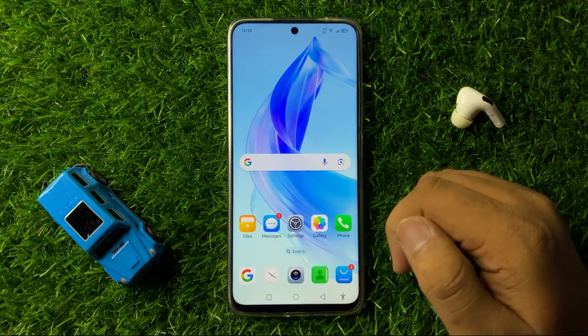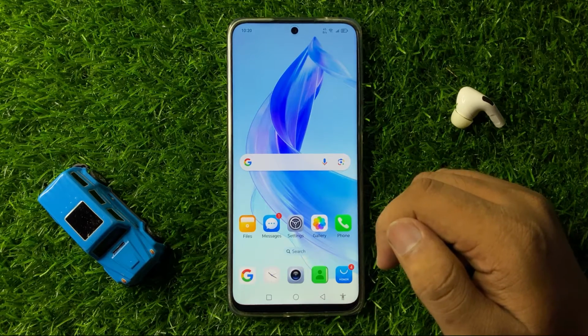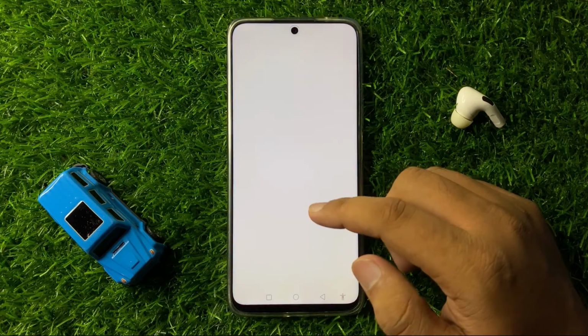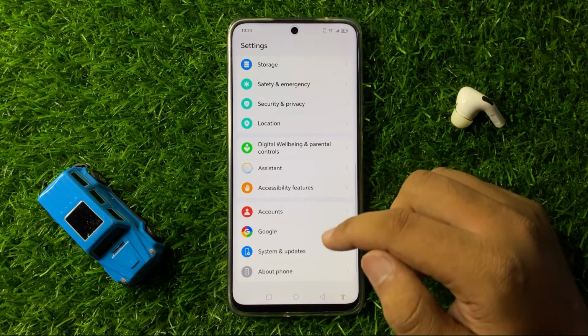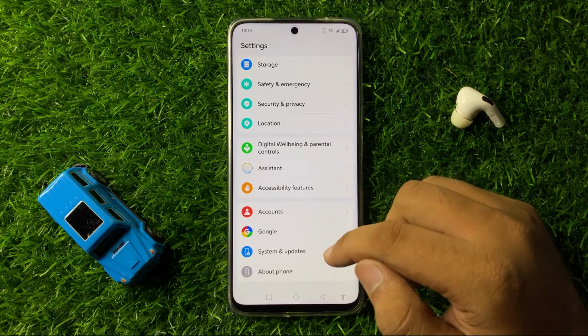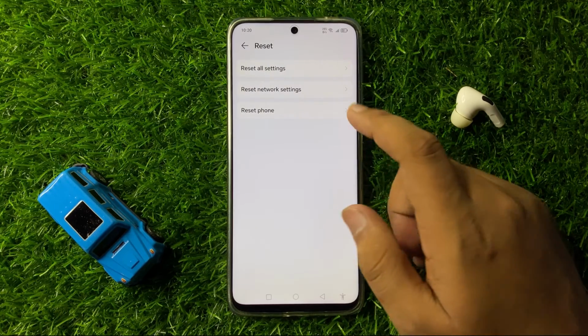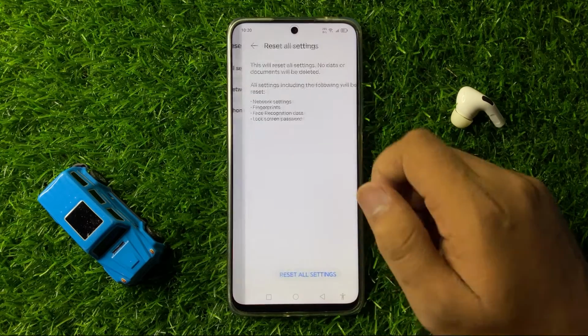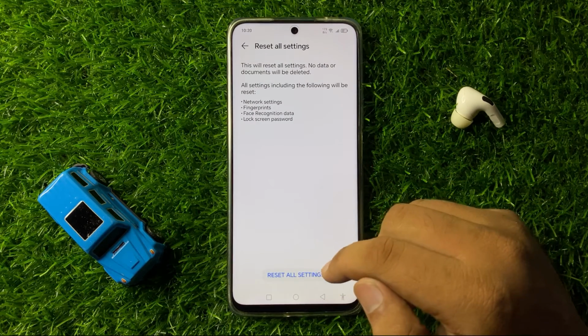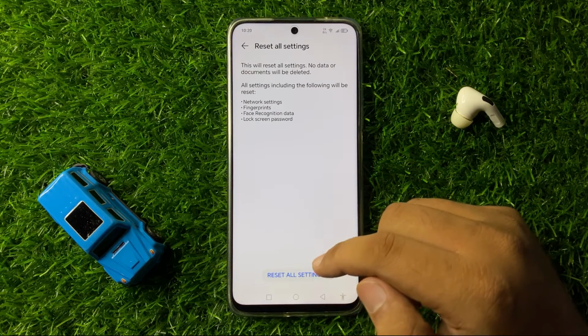But if you're still facing the issue, then the last solution is open settings again, scroll down to the end and click on system and updates, and this time tap on reset. Now tap on reset all settings and again tap on this reset all settings option on the bottom of your